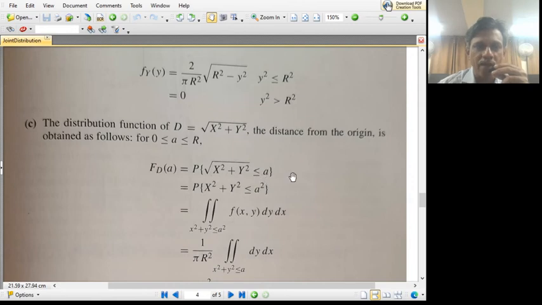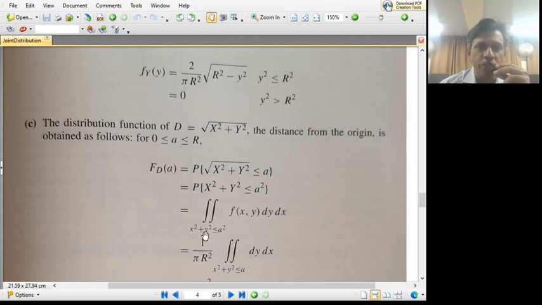Squaring, we get the probability that x squared plus y squared is less than or equal to a squared. You would see that on squaring, the inequality remains the same. Again, this is nothing but a probability measure over this region. Over this region, the probability density function will be uniformly distributed. Of course, the normalization constant would be different for this variable, but it is uniform, and therefore